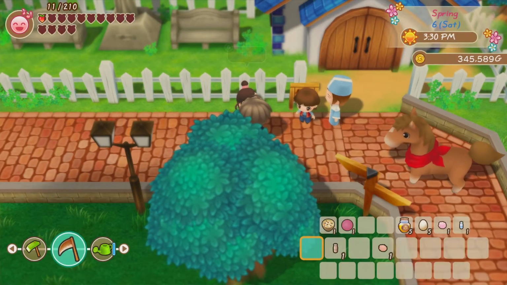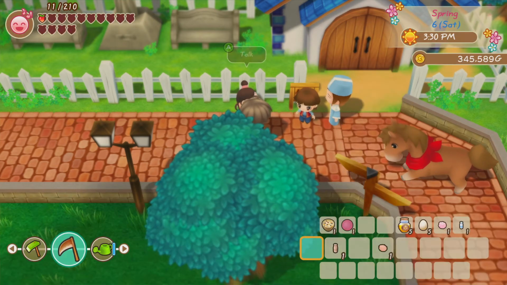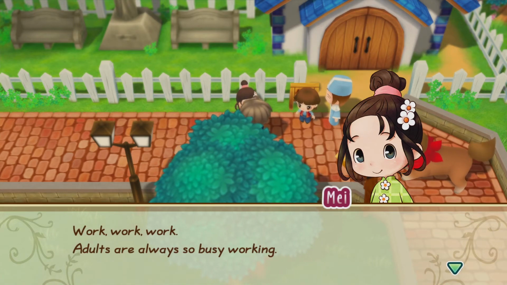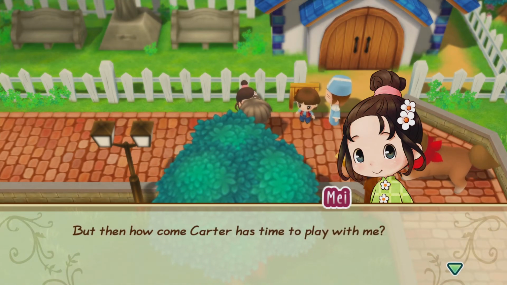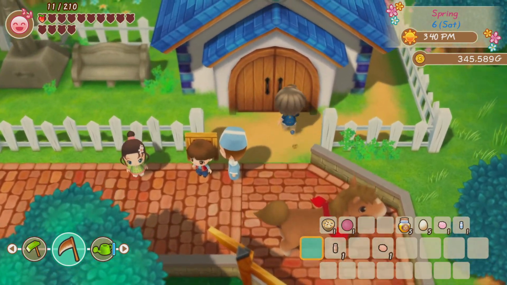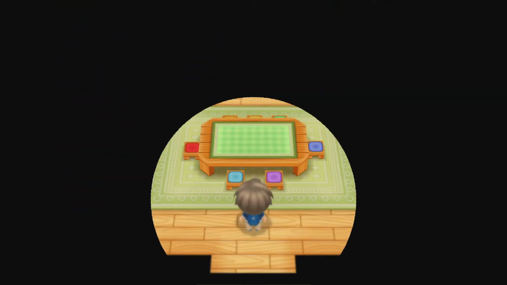thanks. This is nice. Oh, hi, mister. Play with me. Got work to do. Aw. Why can't I say yes? Work, work, work. Adults are always busy working. But then how come Carter has time to play with me? Why can't I say yes? It just...